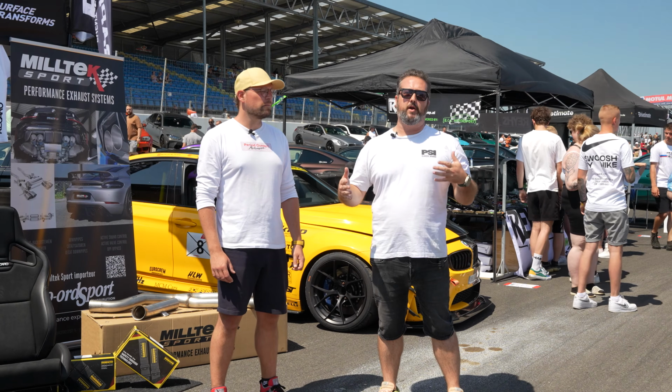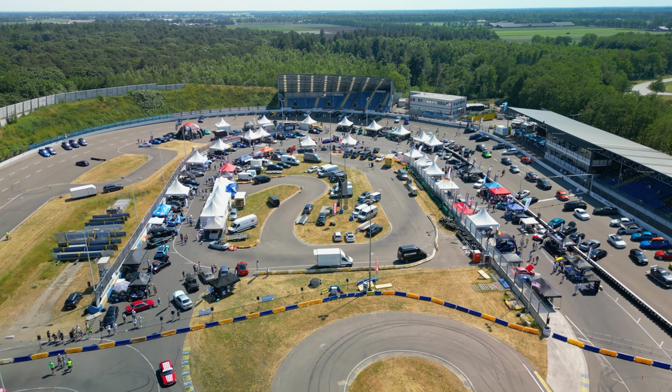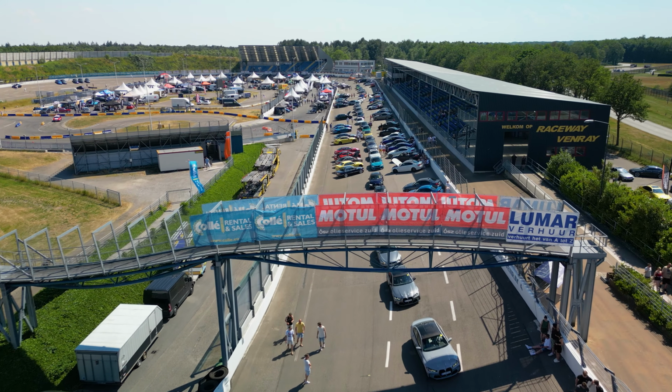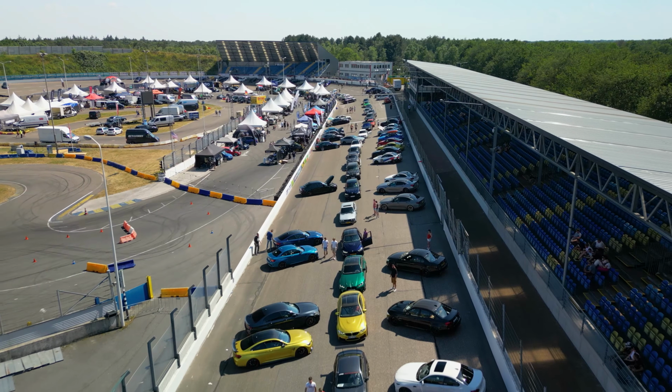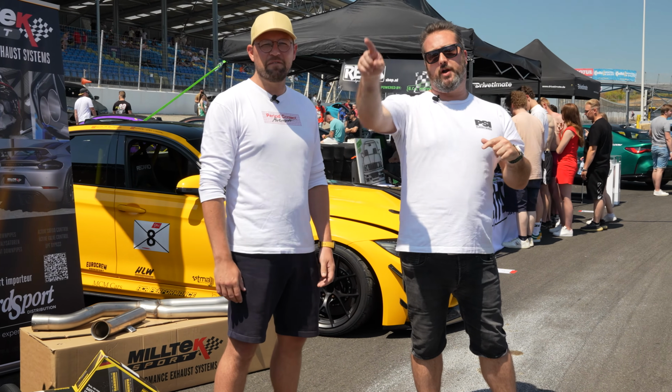We're here at BimmerFest Europe here in Holland. We're at a special track, special venue. Location is Raceway Venray. It's in the south of the Netherlands, so it's easier for everybody to come down. There's people here from Germany, the UK, all over Europe. It's a great show. So we're going to take you around, walk you through the whole show,